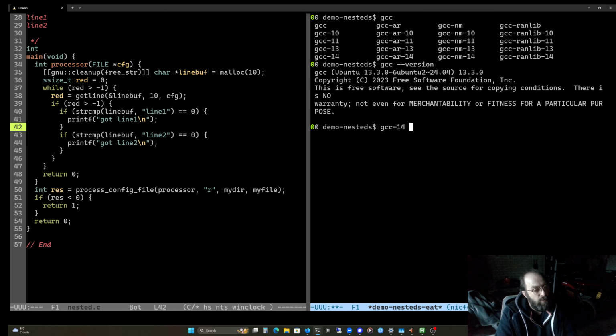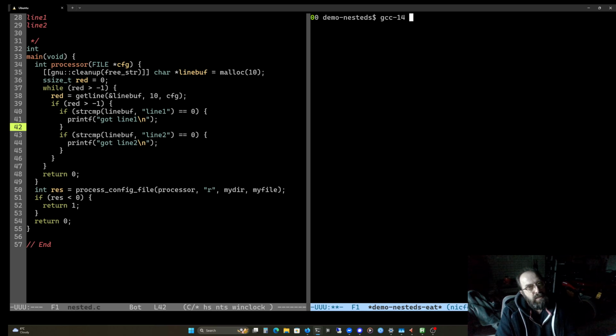I think we're going to use 14 because that will be GNU 23, C standard 23 by default. But we also need trampoline impl equals heap. And I guess I'll show you what happens if you don't do that.